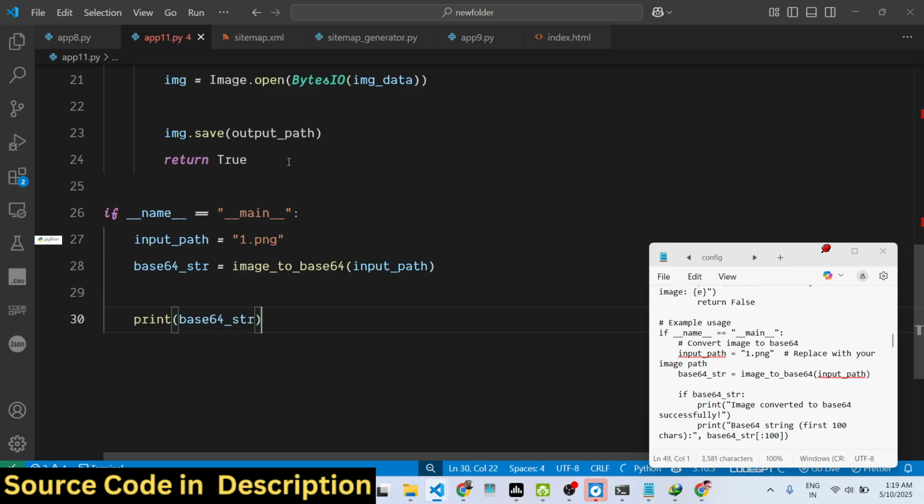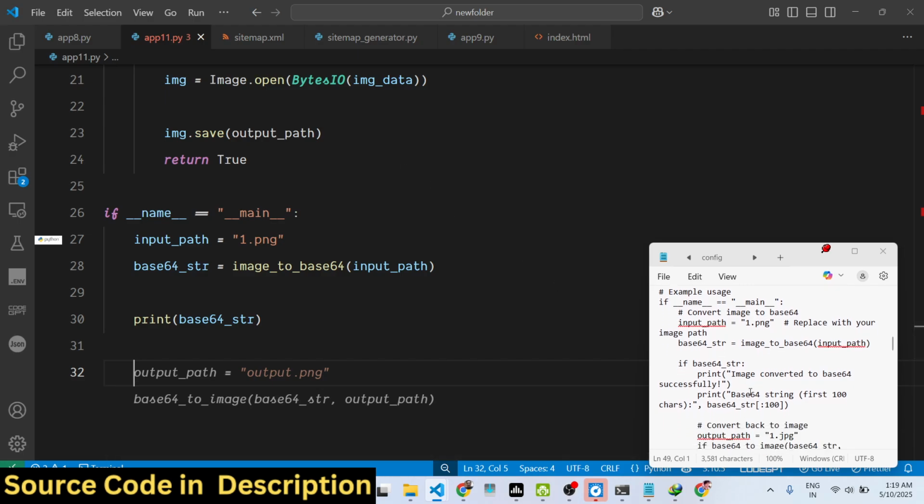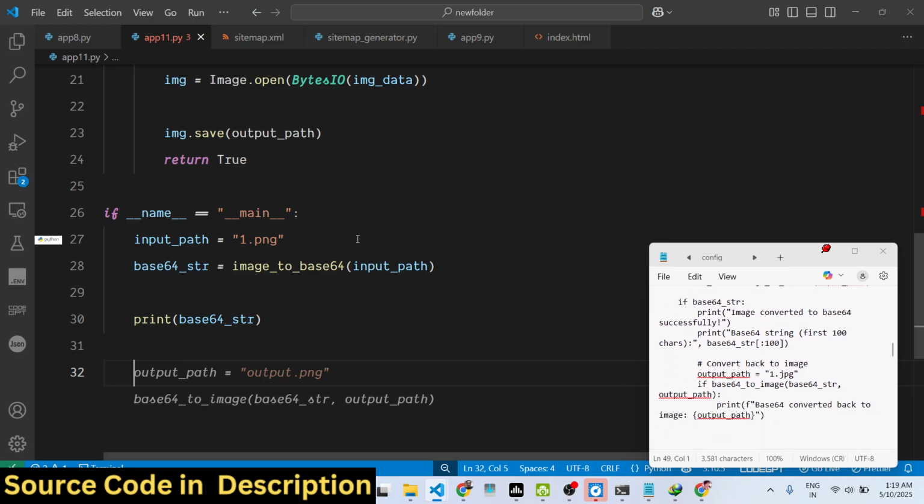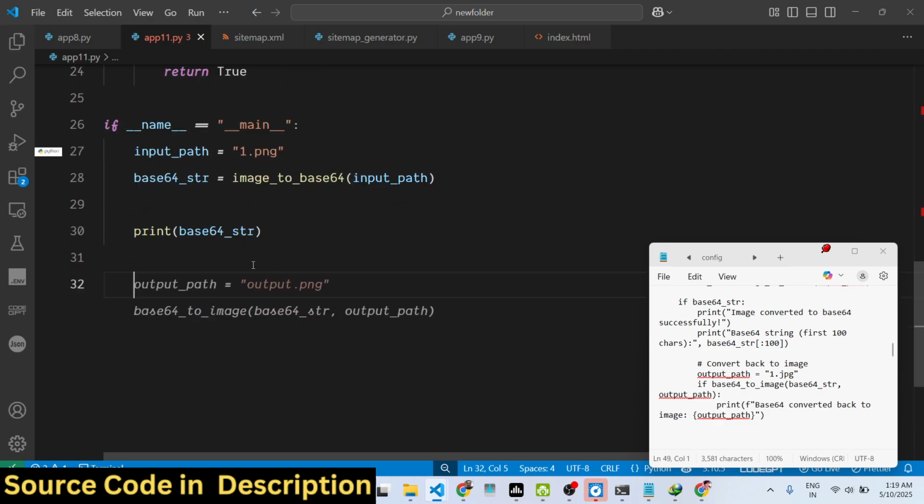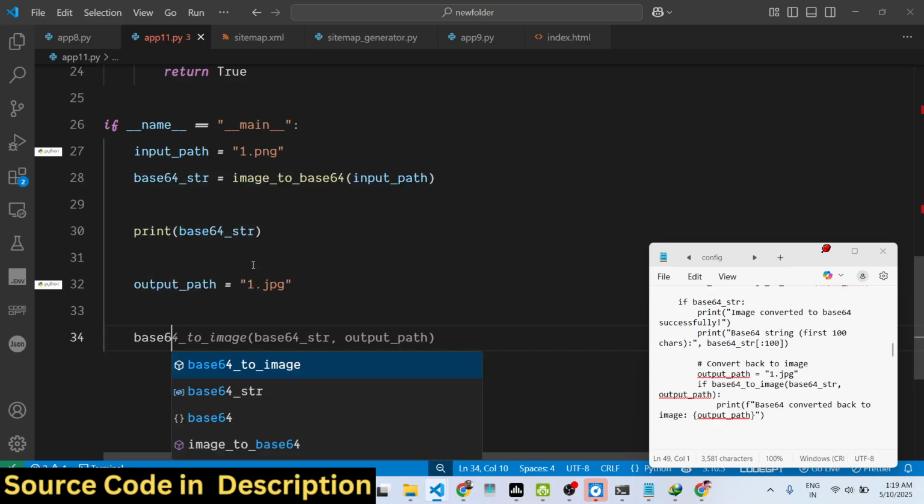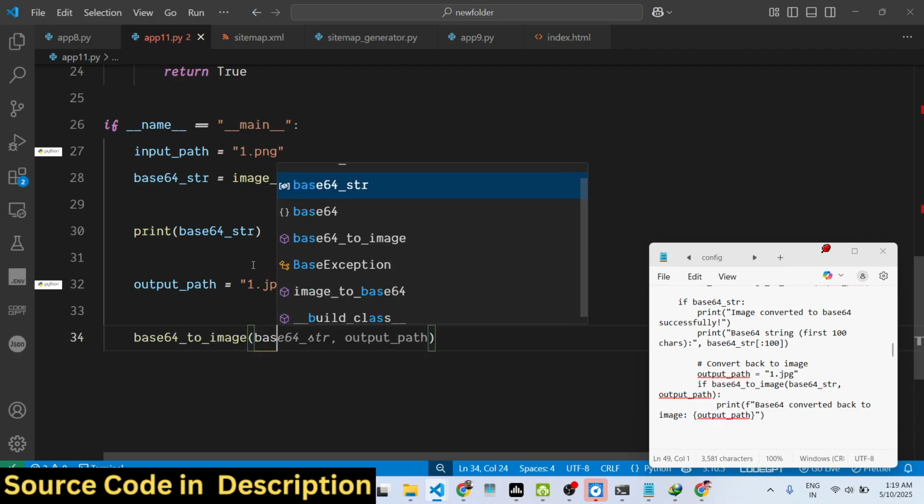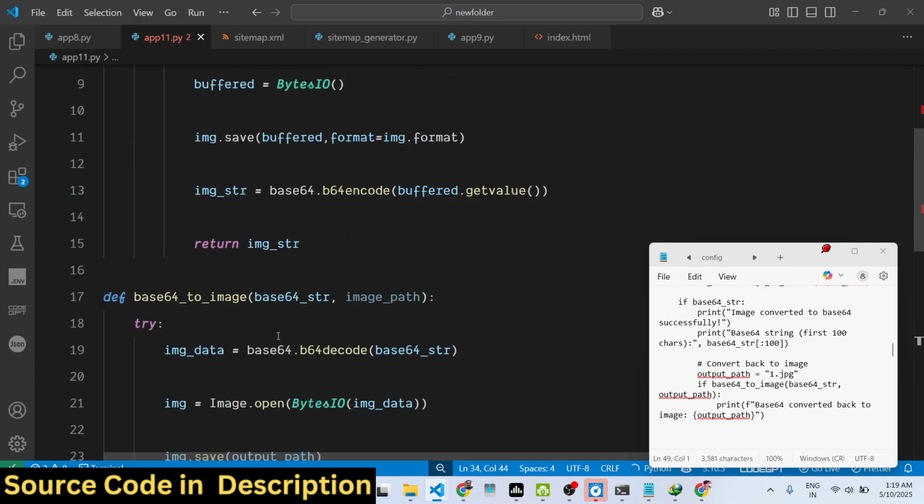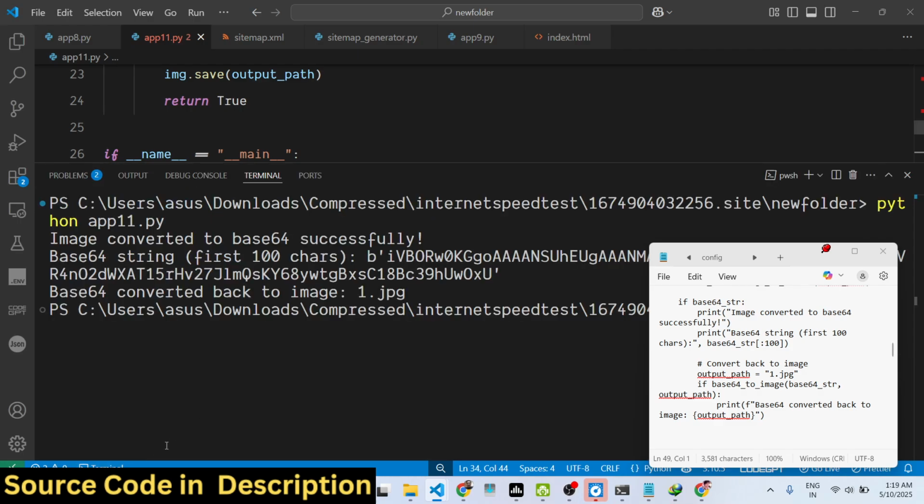We can print it out, and then after getting this Base64 code, we can convert it back to another image. So the output path is equal to 1.jpg, and then we will call this function, Base64 code to image, with whatever is your Base64 string plus your output path. That's all. So if I execute this application now,